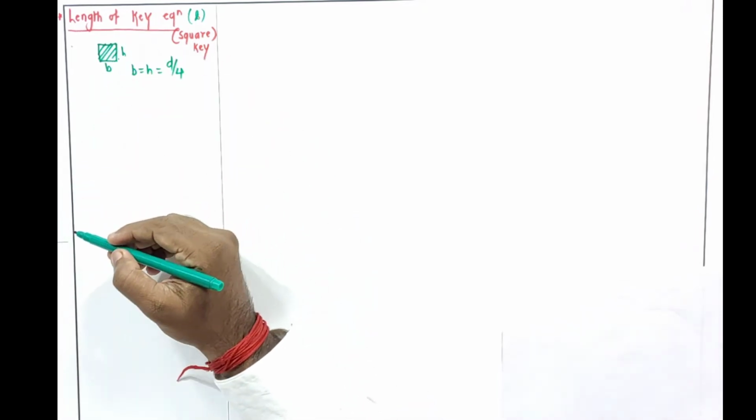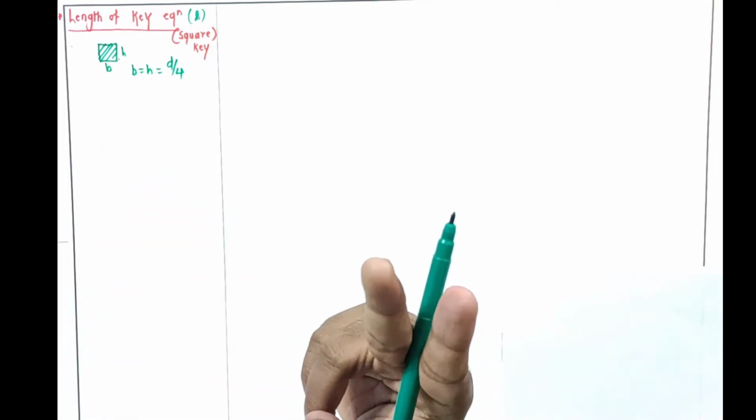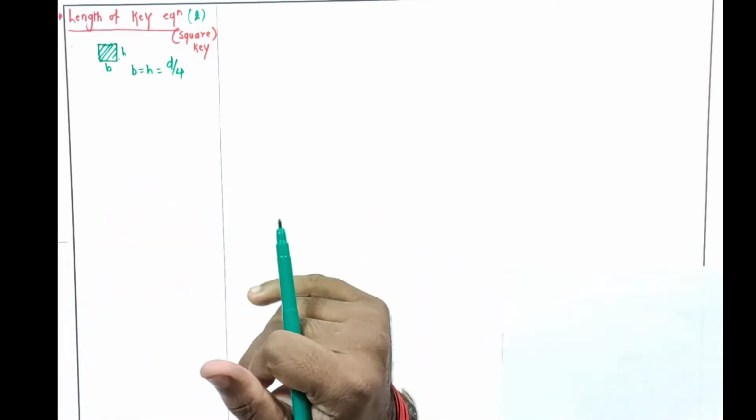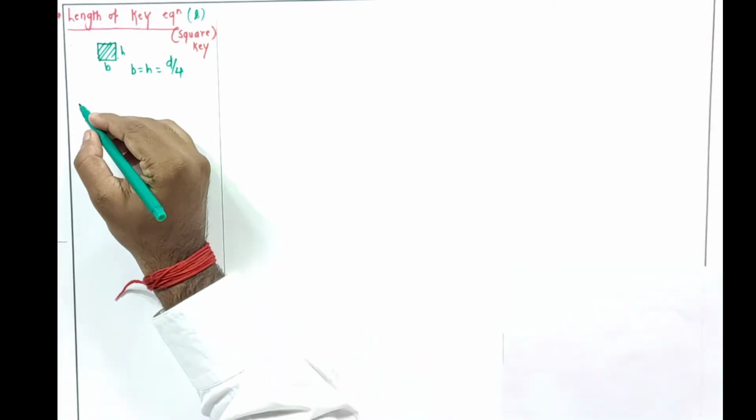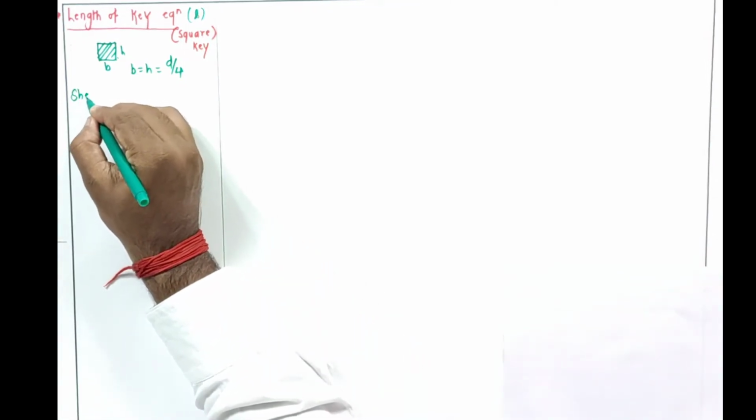As we know, the key's failure will occur in two ways. The first one is shear failure and the other is crushing failure. I will have to take shear failure for designing this. So while considering the shear failure,